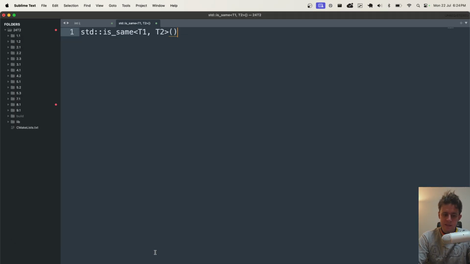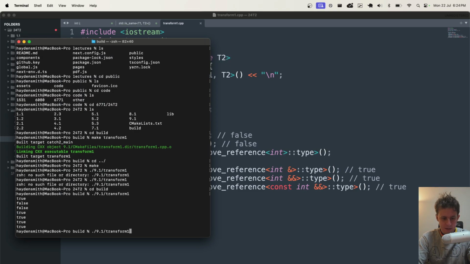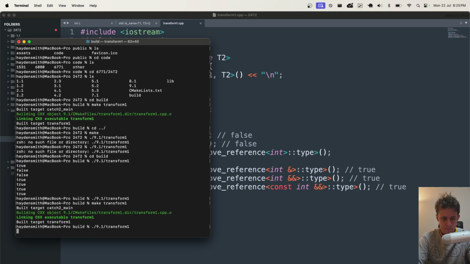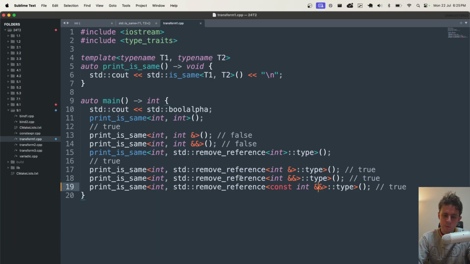Now, if we tweaked these things, of course, we would get different outputs. So, for instance, if I was to remove the const part here, and we compared an int to a remove reference of a const R value reference, you would see that it now should give us false at the end. Because you have different ones here, you have some that remove R value references, some that remove L value references, or just any kind of reference, or const, or something else like that.